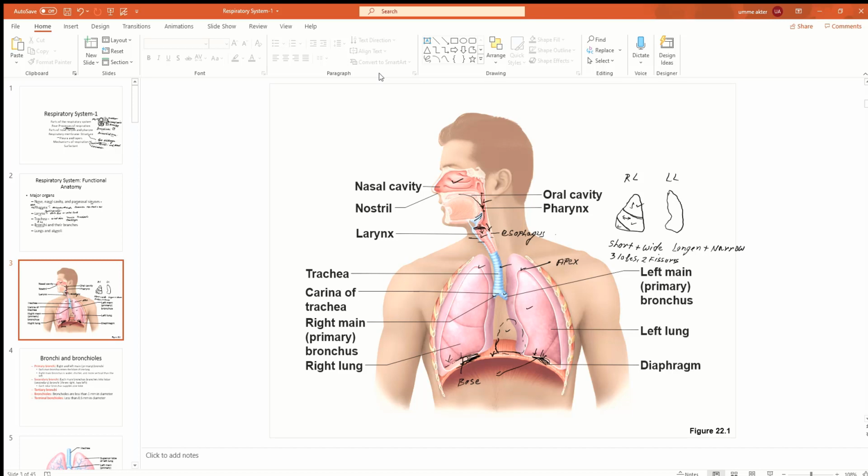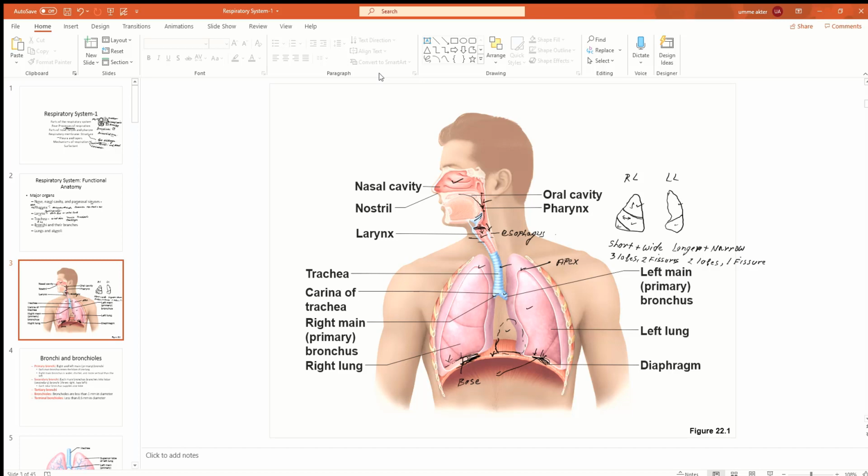In the left lung, you have only one fissure and therefore two lobes, upper or superior, lower or inferior. So in the left lung, you have two lobes, that means separated by one fissure. Okay, and